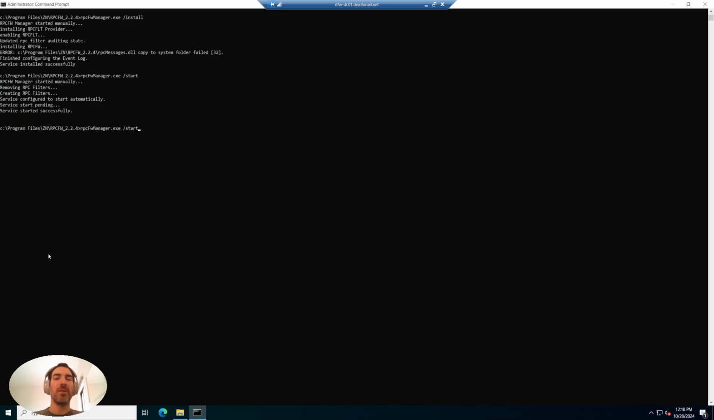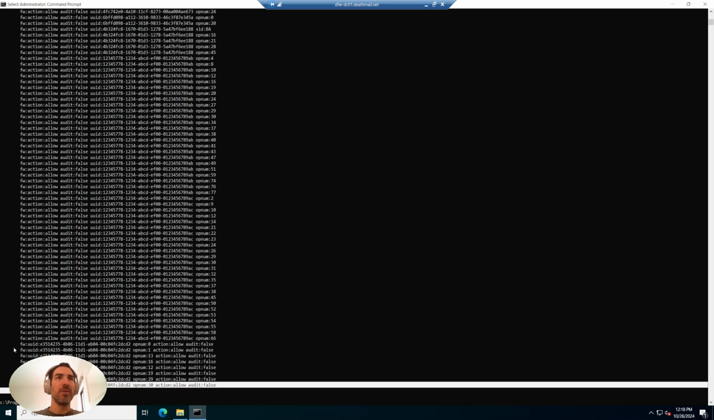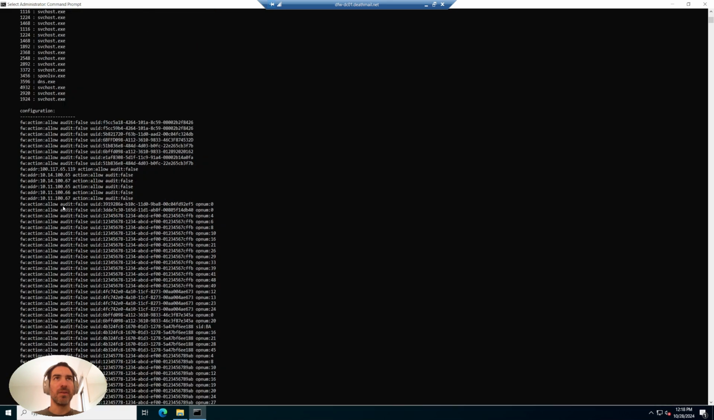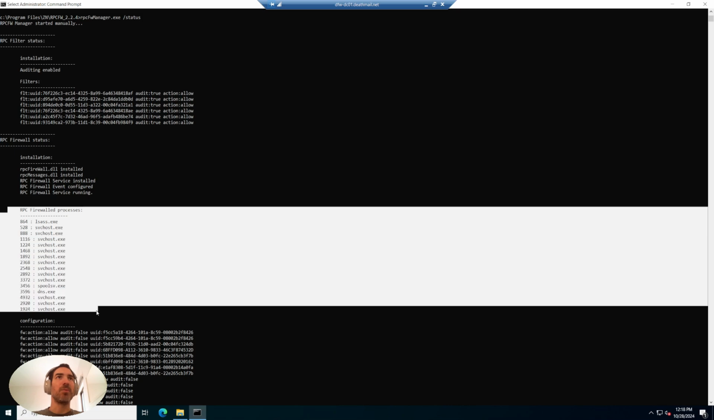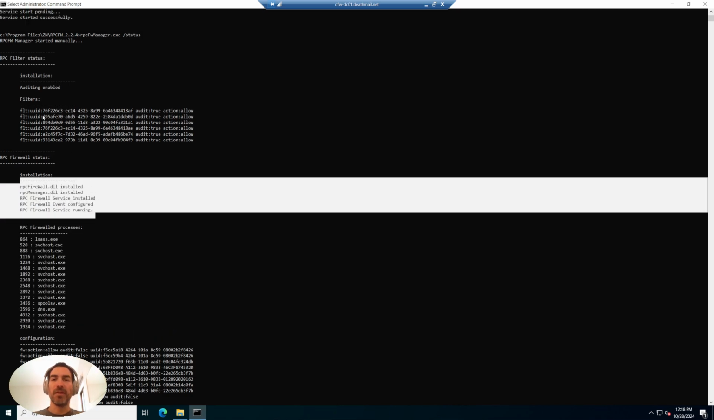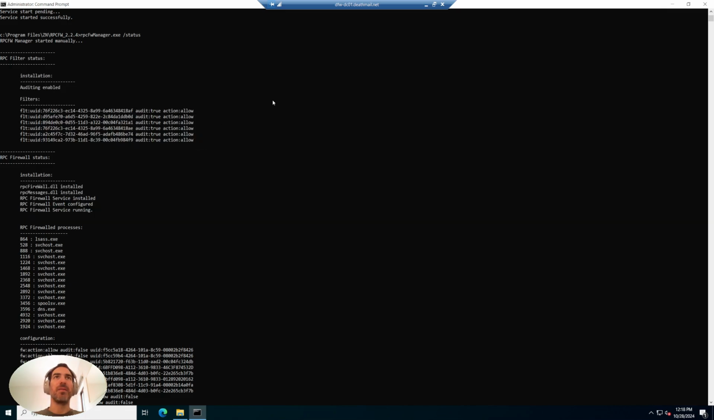And once it's started, we'll go back to our status command just to confirm that everything was installed and is running correctly. For the RPC firewall, we can see all the processes that it's protecting. And for the RPC filter, we can see all the different filter rules that were taken from the configuration file. Now, if we go back to Sentinel,